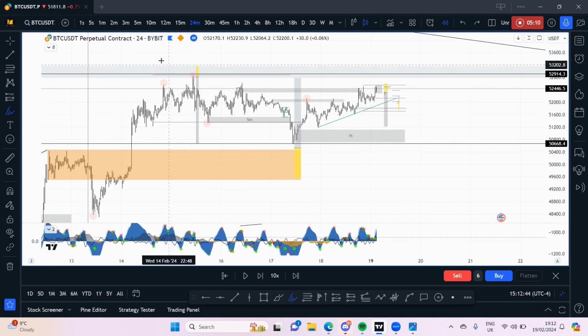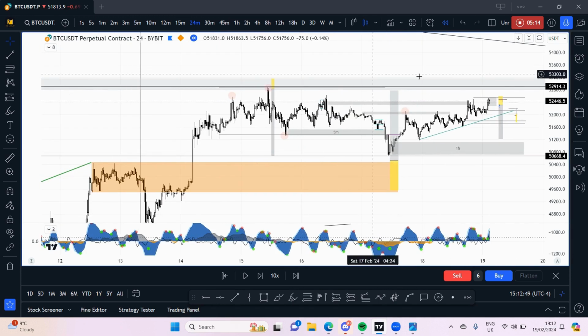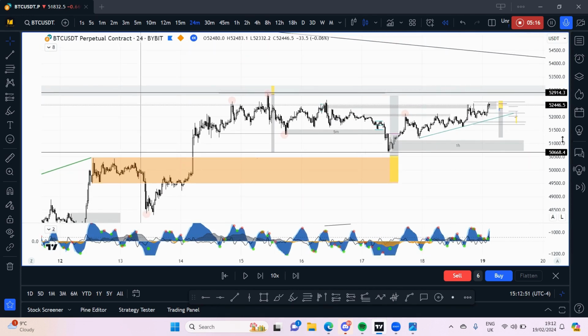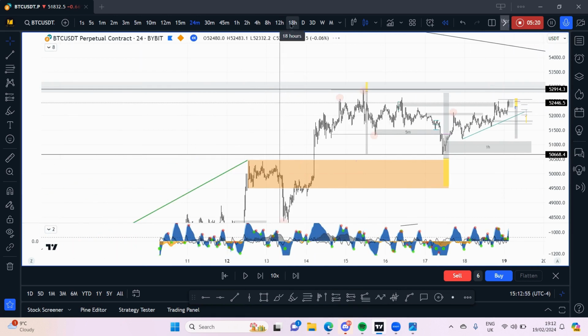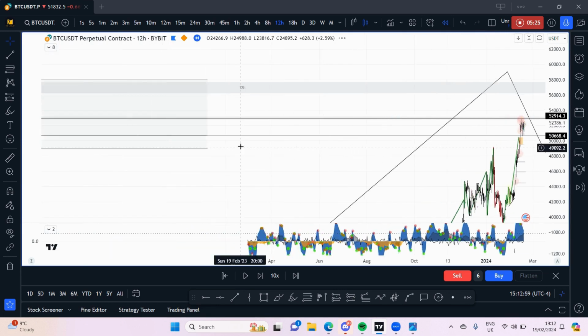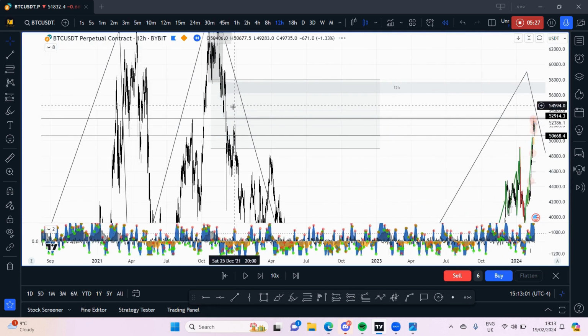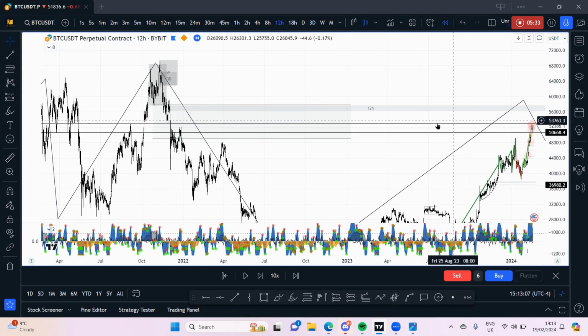Well, as you know, we've tagged that supply, and usually this supply, we did say on the 30 minutes that this was a suspicious supply. Why was it suspicious? It was suspicious because we weren't sure if it was going to work, because we said this supply was bang in the middle of lots of inefficient price action. So if we look at the higher time frame, we can see that this supply zone is right around here. It's not quite clear, but it's bang in the middle of this inefficient price action, these fair value gaps. So we thought that was quite risky